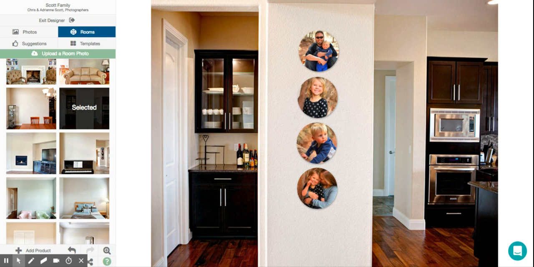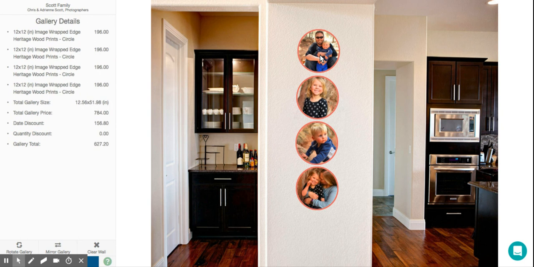I wanted to show you really quickly how you can tell the size of a gallery. So if you don't have a room photo of your clients and you are concerned that the stock room photos aren't representative of the furniture that your clients have, what you can do is when you go in and have a full gallery, all you need to do is click on any of the products, and it's going to bring